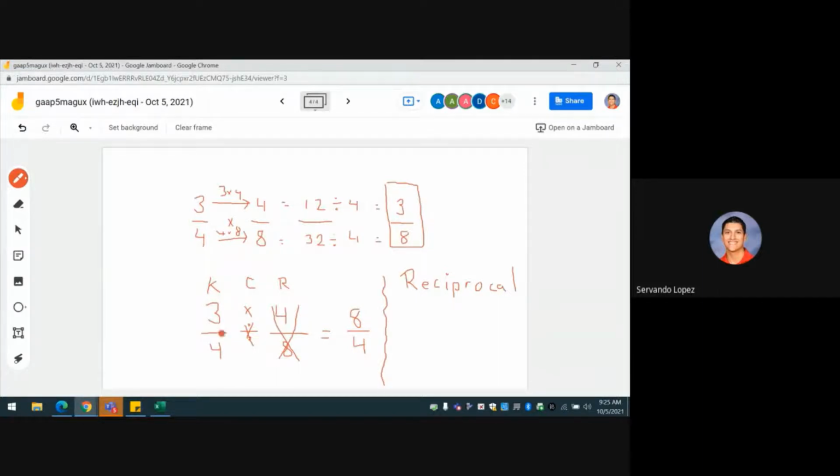For those of you who find this confusing, I'm going to clean it up and rewrite it as 3/4 times, because I changed the symbol and did the reciprocal of 4 out of 8, it became 8 out of 4. Now I multiply across. Do I need to write the numbers at the top for you, or do you get the point by now? You got the point? Okay. So 3 times 8 equals,